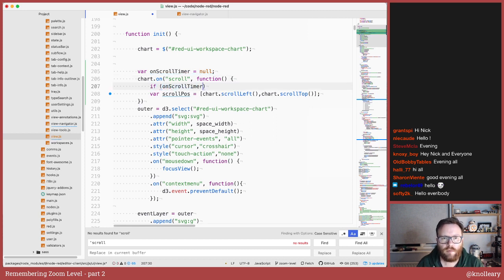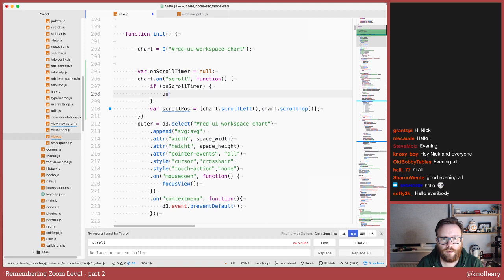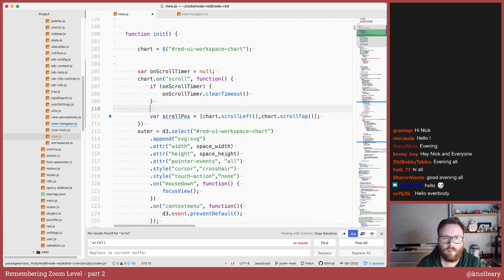so what we're going to do is, if on scroll timer, then we're going to clear it, and then we're going to say on scroll timer equals.